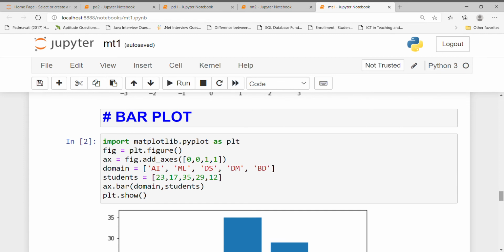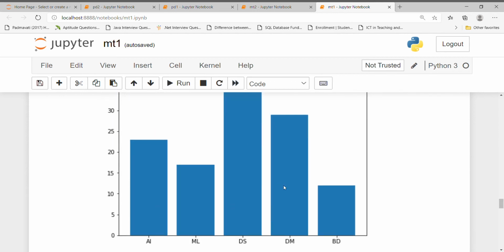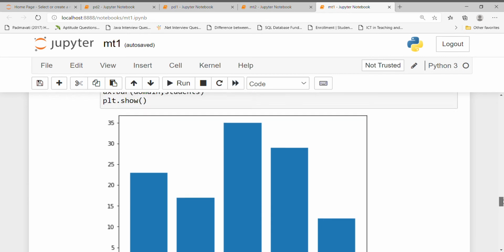So as I stated earlier, we can visualize various types of plots using matplotlib. Now we will see them one by one. So first of all we will see the bar plot. So what is a bar plot? The bar plot or a bar chart is a graph that represents the category of data with rectangular bars. See, these are nothing but the bars. We can plot the bar plot horizontally as well as vertically. So this is our horizontal. Or you can also plot it vertically.